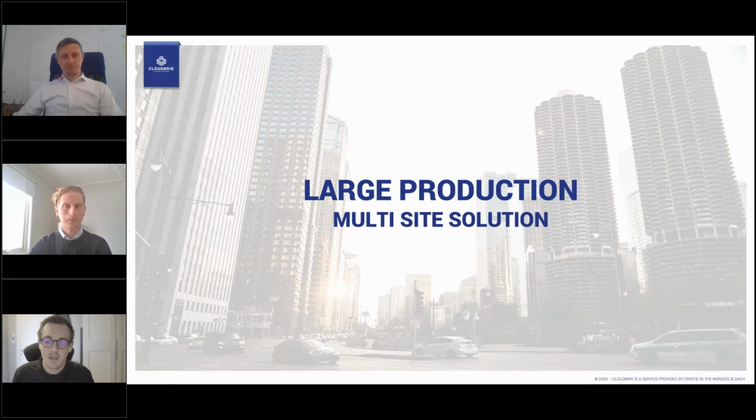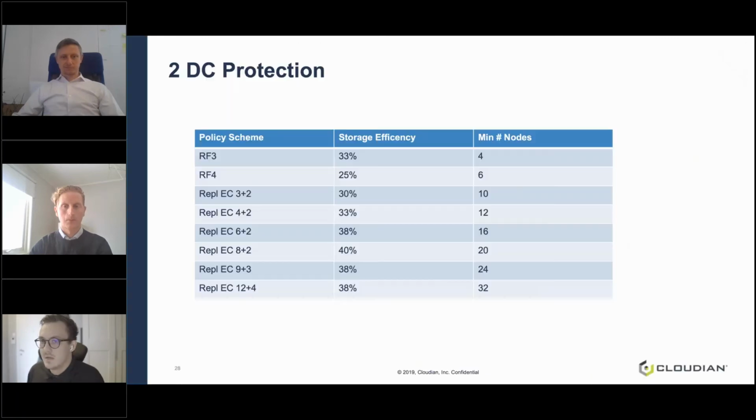And stuff like this. Like I mentioned in the beginning, you can start out small with that single data center, and over time you can expand to data center number 2, number 3, number 4, and so on, and build after what your business requirement is, basically. So again, 2 data center protection, you have the sheet here in terms of the protection. You can see the erasure coding is dropping down because you're doing a full replica of that data. So it's cut in half basically, and it requires twice the amount of nodes because you need 2 equal sides